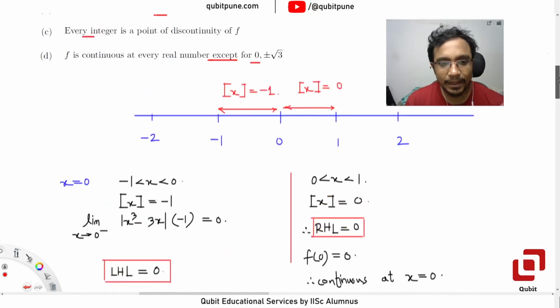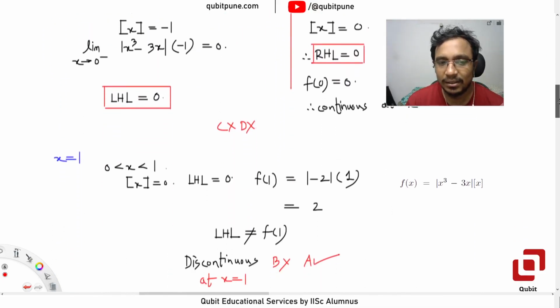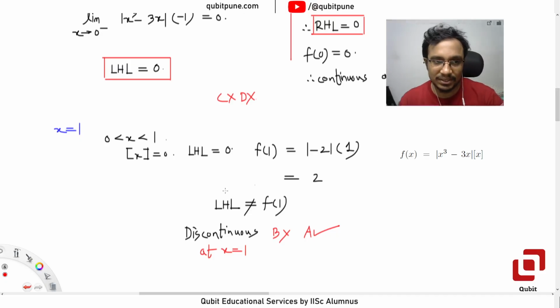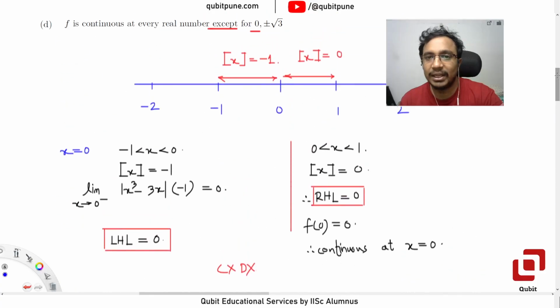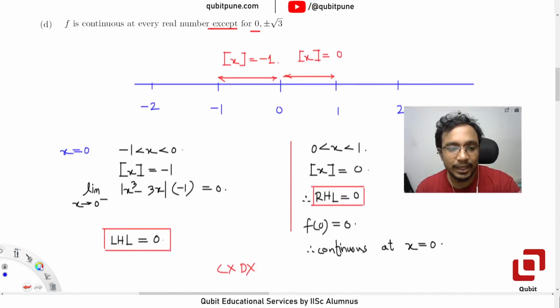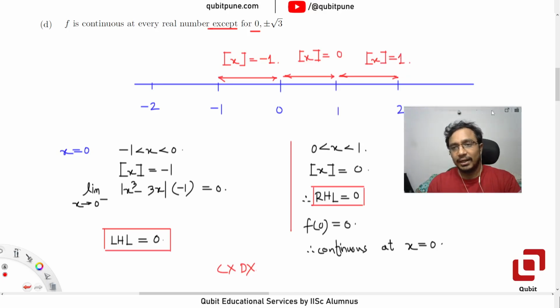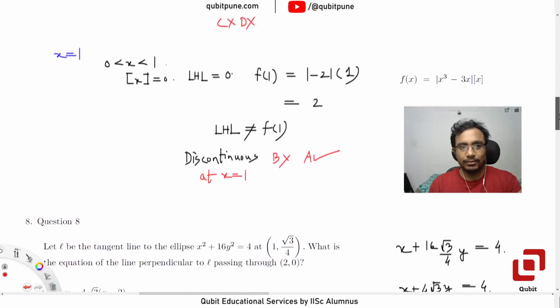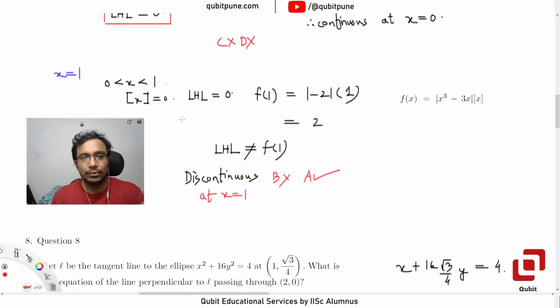Then I looked at 1, I followed the same procedure. So when I go for x equal to 1, to the left it gives me 0 and to the right it gives me 1. Which part? The box part, right? So you get the LHL at 0 because box is 0, and if you calculate